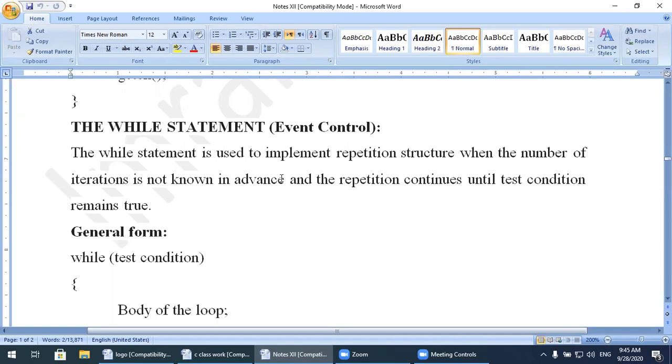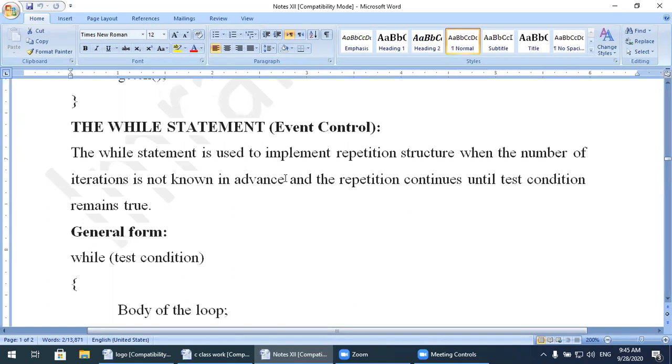Keep in mind, if I differentiate the while loop from the for loop, in the for loop we must know the number of iterations in advance. For example, the teacher or program will say 10 times. It means that we know the boundaries: 10 times, 20 times, 100 times, 1000 times, 1 lakh times.